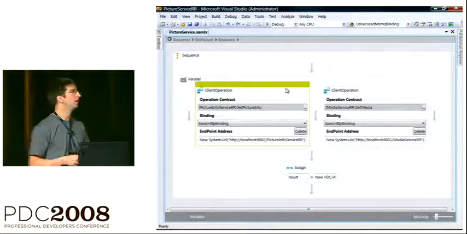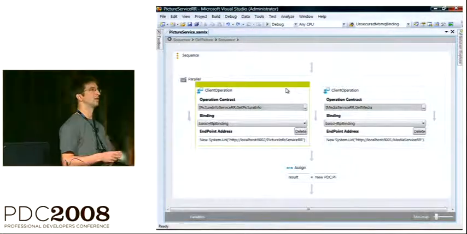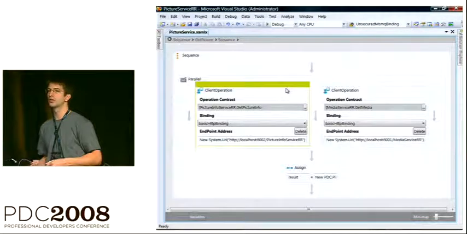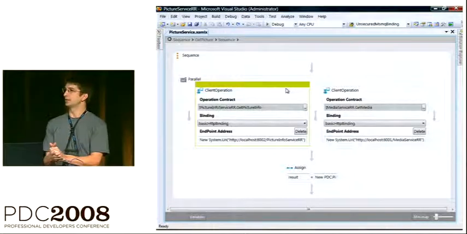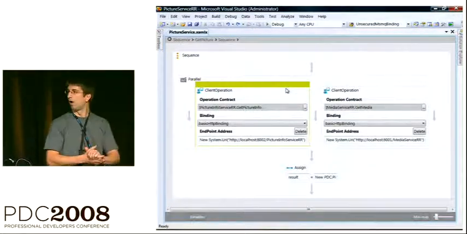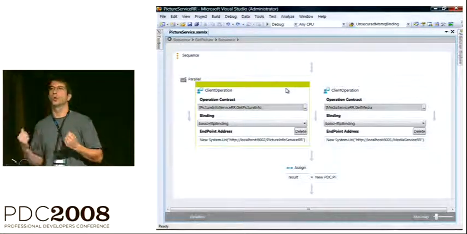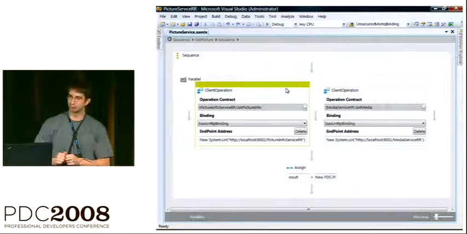For those of you who previously thought of workflow as something heavyweight, something that requires persistence, something that you use for long-running services, I'd point out there's no persistence involved in this service, right? All I needed was a way to express the logic of my service without clouding it with a bunch of coordination code. Workflow gave me that, okay?